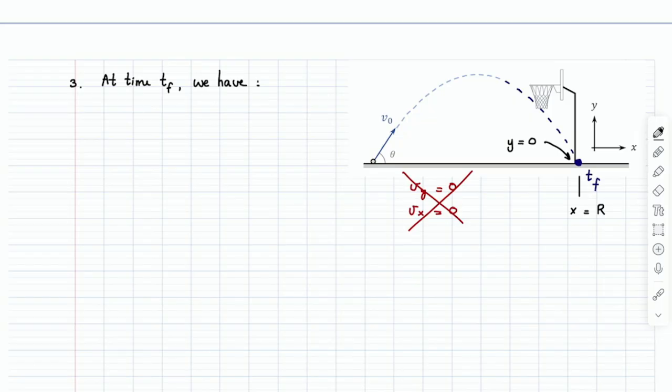But if you manufacture cannonballs that hit the castle wall with 0 velocity, you've manufactured the worst cannonballs in the history of mankind. That's not why you build cannonballs. You build cannonballs so that they strike the castle wall with as much velocity as possible so as to destroy it. Okay, so upon impact, velocity is never 0.